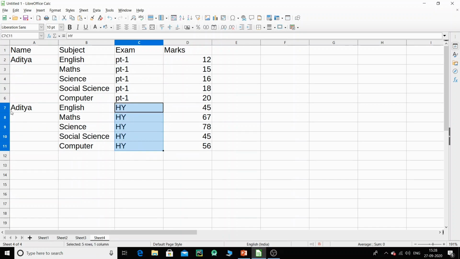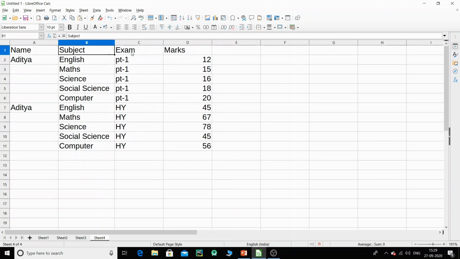So what I can do is I can insert a cell, then create a sum and all that. Okay, in spite of doing that, what you can do is you can create subtotals. And one thing you need to remember, that while creating subtotals, it is a must that you should have some headers. Your cells should have some headers, like this is a name, this is subject, this is exam, and these are the marks. So the marks header, this is very important.